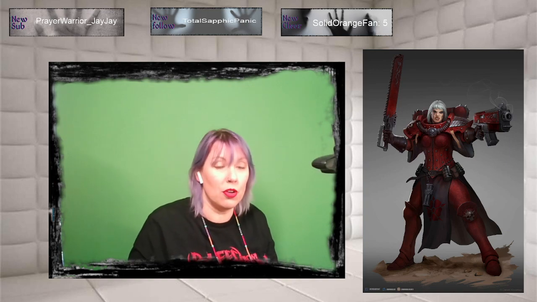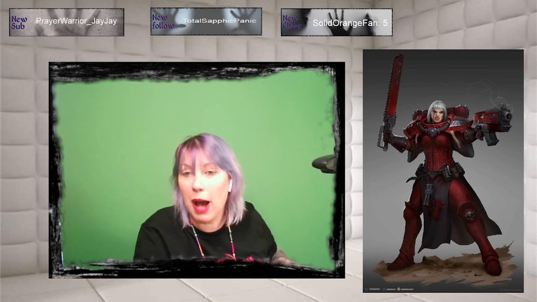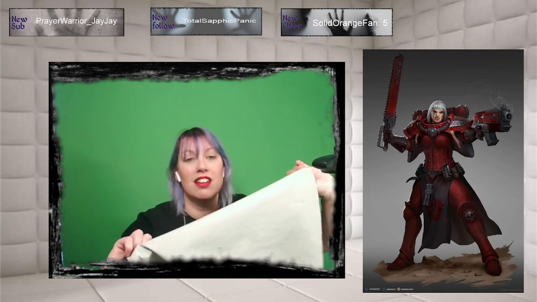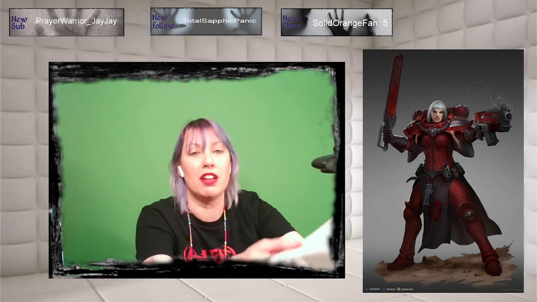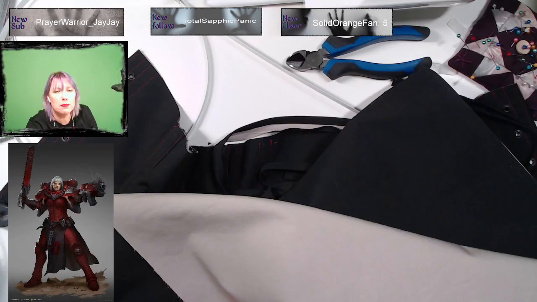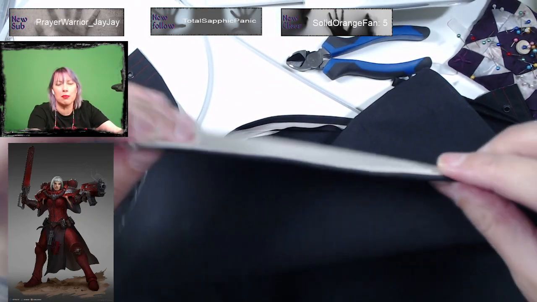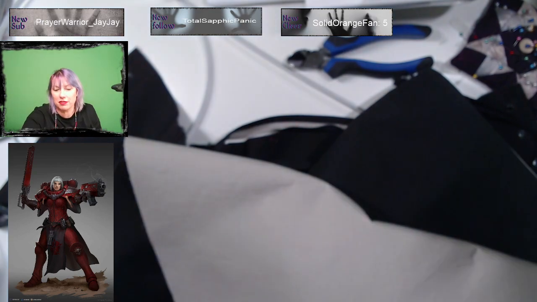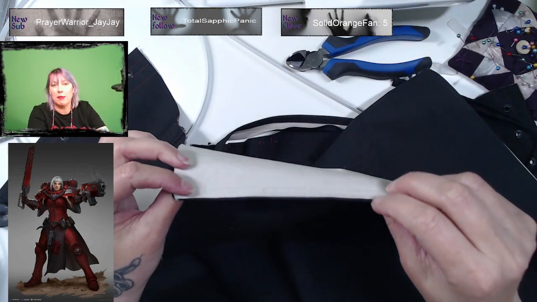So I decided to make it based in principle on a habit, because they're battle nuns. But the fabric, of course, is one piece of fabric. And I made a very interesting way of doing the seams. It's a special way, so that on the seam there's no colour, because otherwise if you just fold it double you get black on the inside, and I didn't want that. So I made a very different seam.